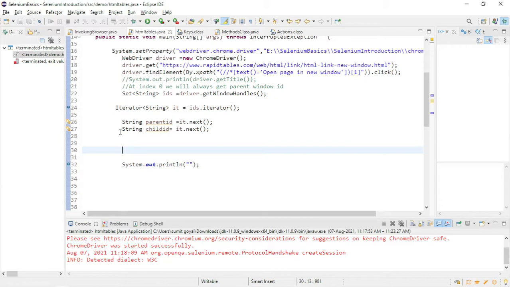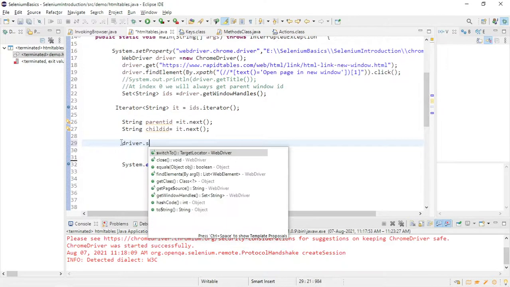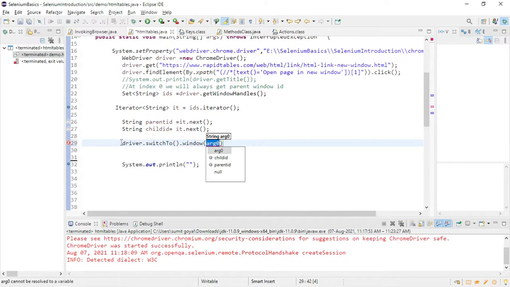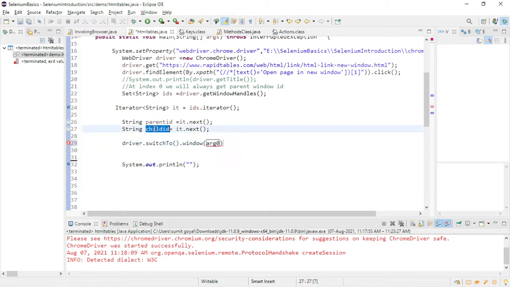So now after getting the ID, I will switch. For the switching, there is again one method: driver.switchTo().window. I need to switch to the window, and here you need to provide which window you want to switch to, the child one or the parent one. As of now, we need to switch to the child window. I will pass this, and here our driver object will switch